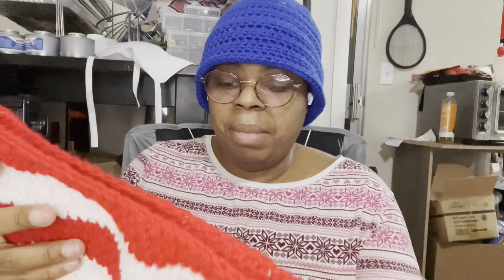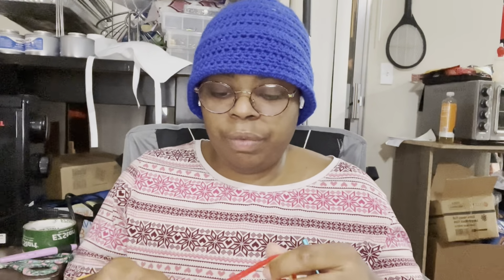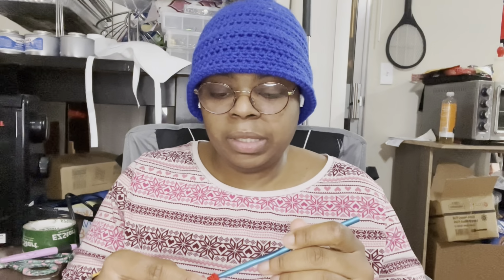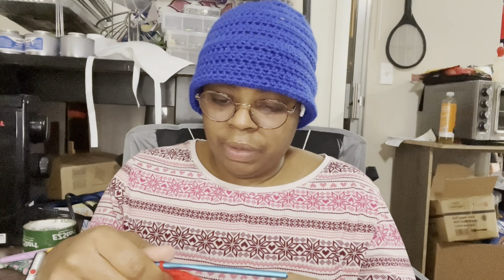The hat came out way too big. I did follow the pattern as instructed for the measurements, but I really think that I'm a really loose crocheter. So I probably should have gone down a hook size instead of using the recommended, just so I could meet the requirements. So I did have to decrease, so far I've decreased